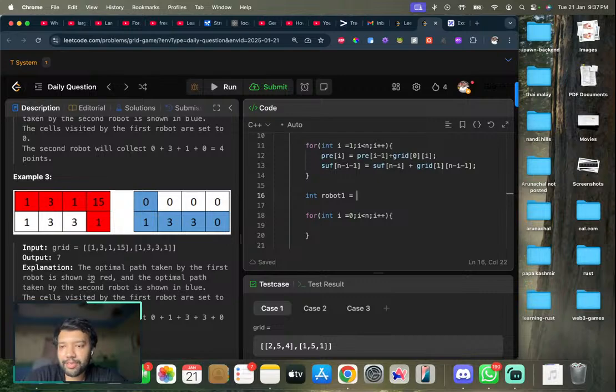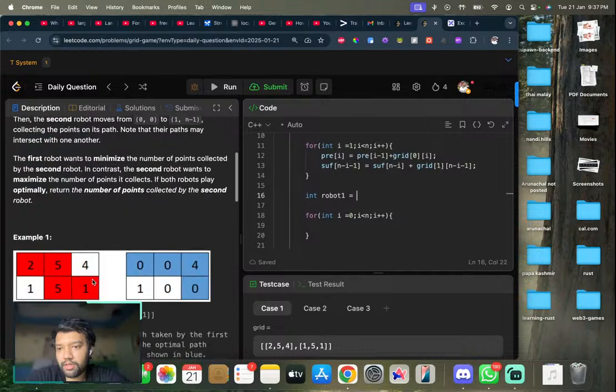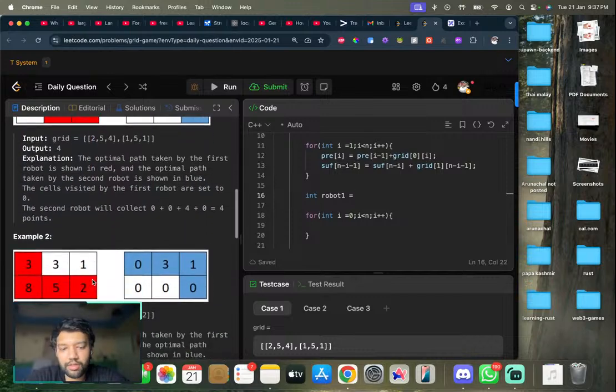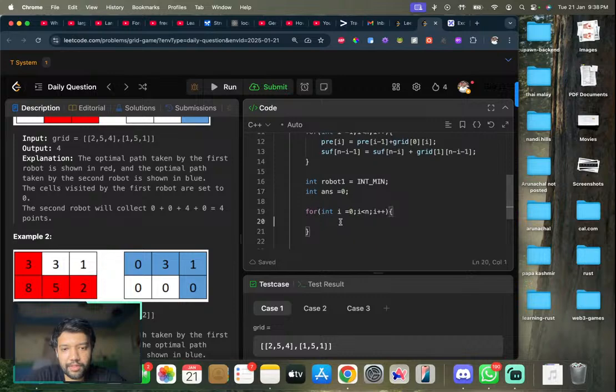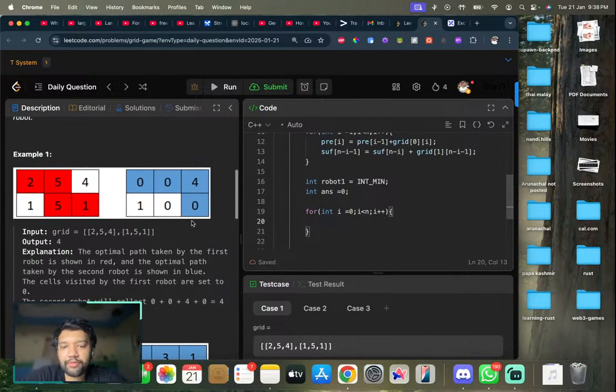He wants to maximize his score. So int min. Okay. Now cool. And answer is equal to 0. Let's say right now. So int min. Now robot one,